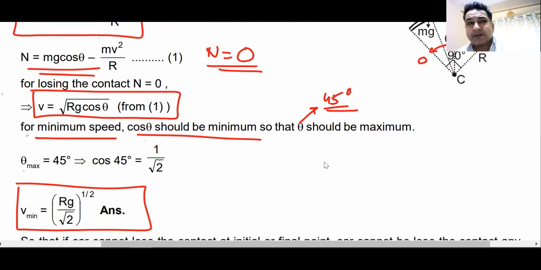Remember, where is the maximum tendency of the car to lose contact? It will be at the highest point. If you're moving with a very fast speed at the highest point, the car may just simply fly. You may have a good stunt, but you will lose contact and you might suffer injuries. Do we understand this? No problems with this one.